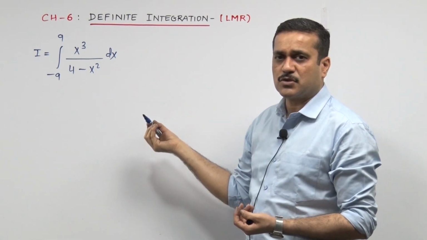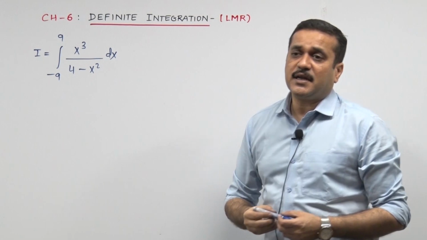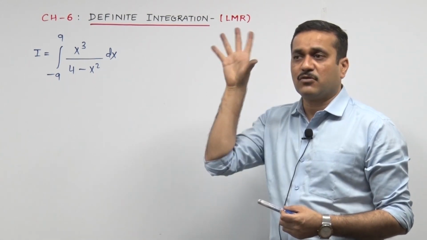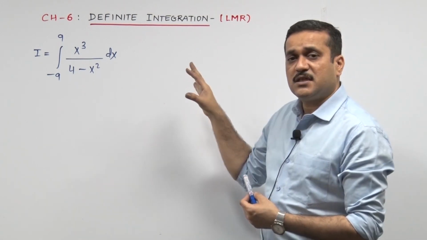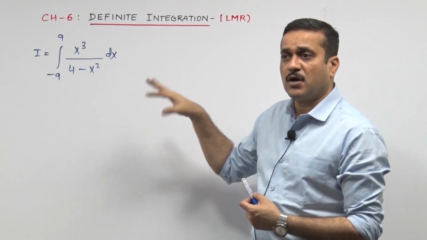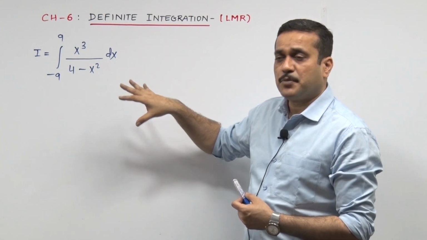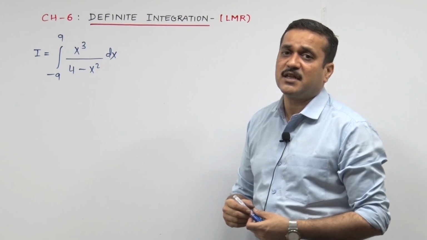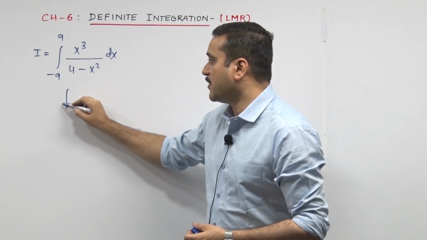No harm in that also, but right now integrate minus 9 to 9 gives me a kind of a hooter kind of thing, no, a sound, a signal. Oh bhaiya ji, this is odd even function, so better take the function, put it into the test of odd even functions, decide what it is, and then you decide what to be done in the next step. So we come out with the function.